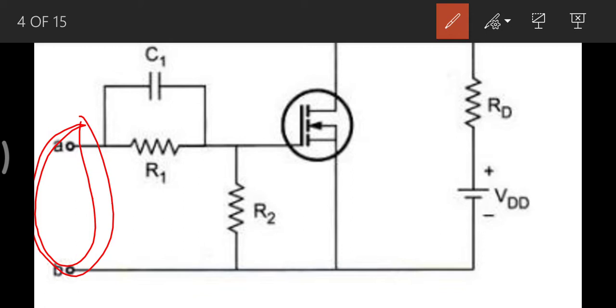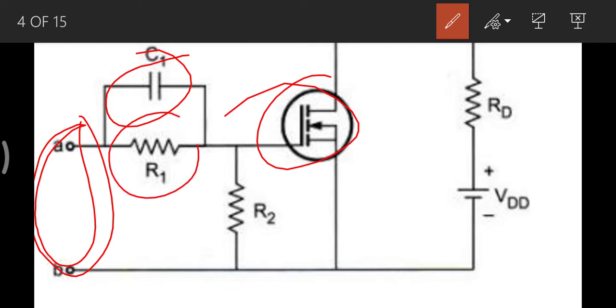After that, the capacitor voltage is applied to the gate source in the negative direction. So the initially charged capacitor is applied to the gate source in the negative direction. Therefore the charge on the gate source capacitance is removed quickly. That means the charges present previously will be removed because of this negative current. Okay, so after that C1 discharges through R1 and R2. This is the basic working process of the gate driving circuit of the MOSFET.